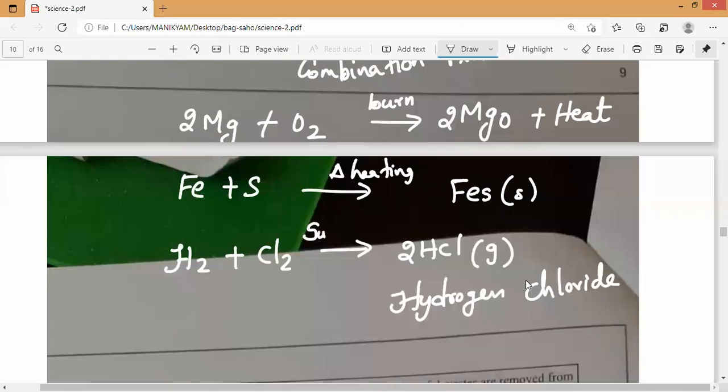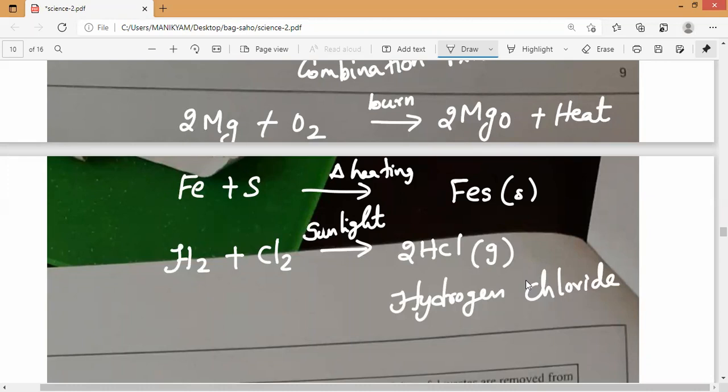It takes place under what, Varshini? Under sunlight. Sunlight is the most important thing here. So this is the second example which is carried out under sunlight. What is another example of a reaction carried out under sunlight? Silver chloride, silver bromide. Decomposition reaction, combination reaction will take place under sunlight. Have you noticed it? Photosynthesis reaction. That is what I want. Do you understand, everybody? Yes, sir.